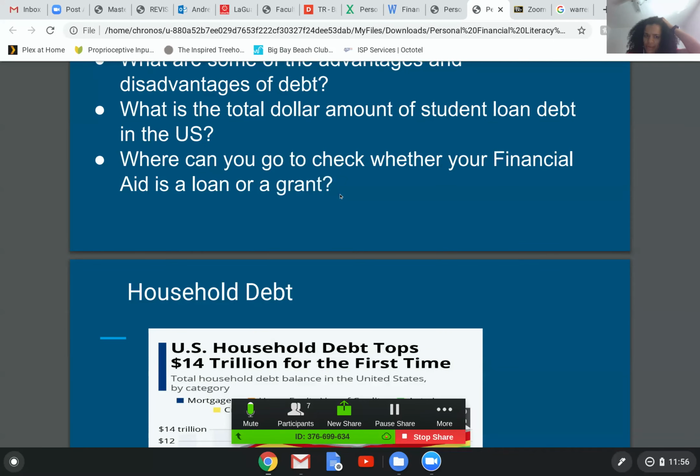Right. So if you ever want to know what you got in terms of financial aid and you're not sure, you go into CUNY First. You'll be able to go into the financial section there and look to see what was awarded to you. Sometimes you also have to go in there to accept what was awarded to you, because some students I've had in the past didn't realize they had to click to accept the grant award, and that it wasn't automatic. I don't know if the system has changed since then, but that's how it was before. So you always want to be looking out to see what you were awarded.